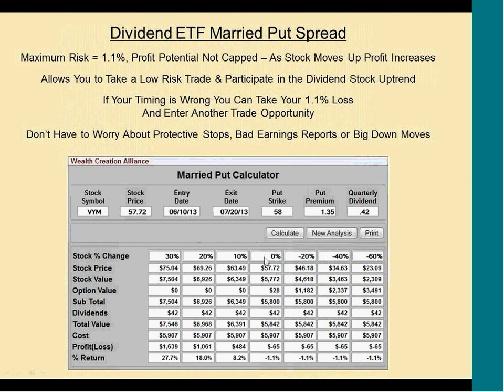So we can see if the ETF has a 10% increase in price, the spread will produce an 8.2% return. A 20% increase in the stock price results in 18% spread profit. A 30% increase in the ETF results in a 27.7% return. So you can see we give up a bit of the potential by using this spread trade, but at the same time,